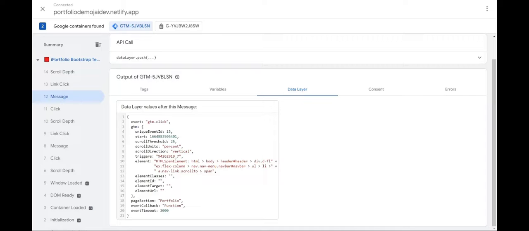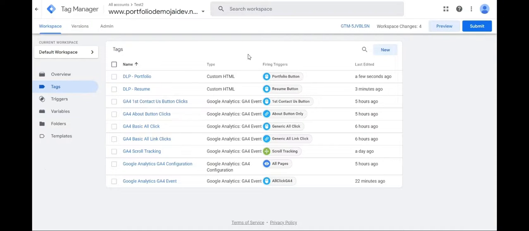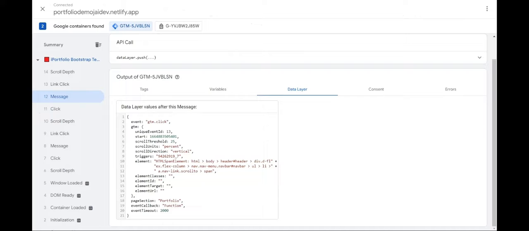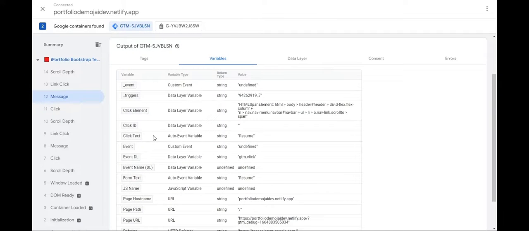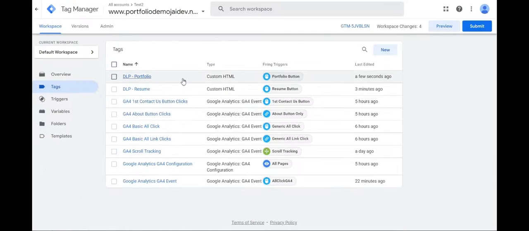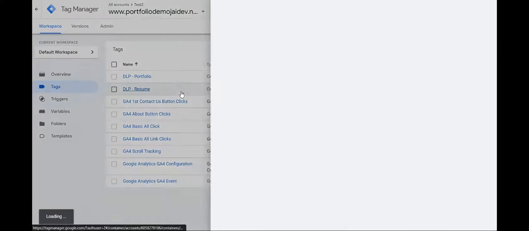So now, how can we simplify these tags? We already know we have created these tags, but they are two different tags. What if I wanted one tag to fire and give me both of the information? Alright, so what we had seen was we had taken the click text, right? So now we'll just go here, we'll go to DLP resume,